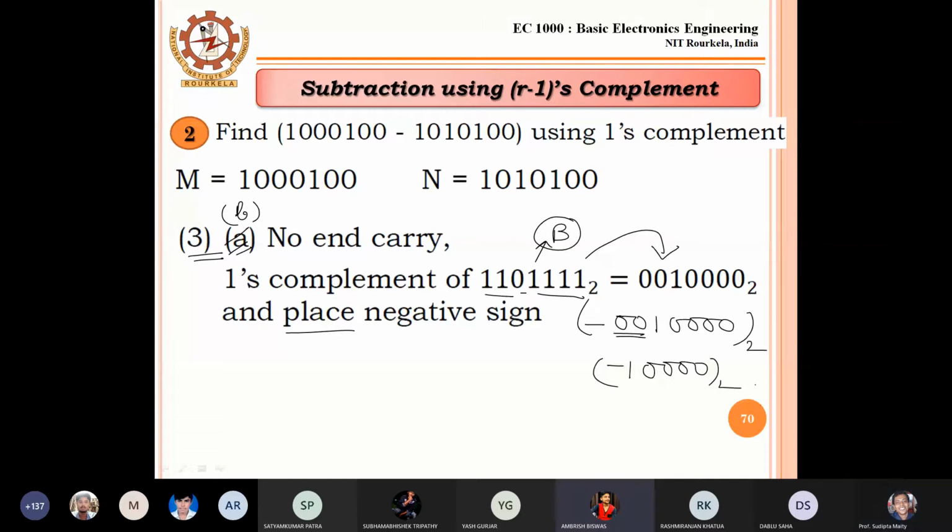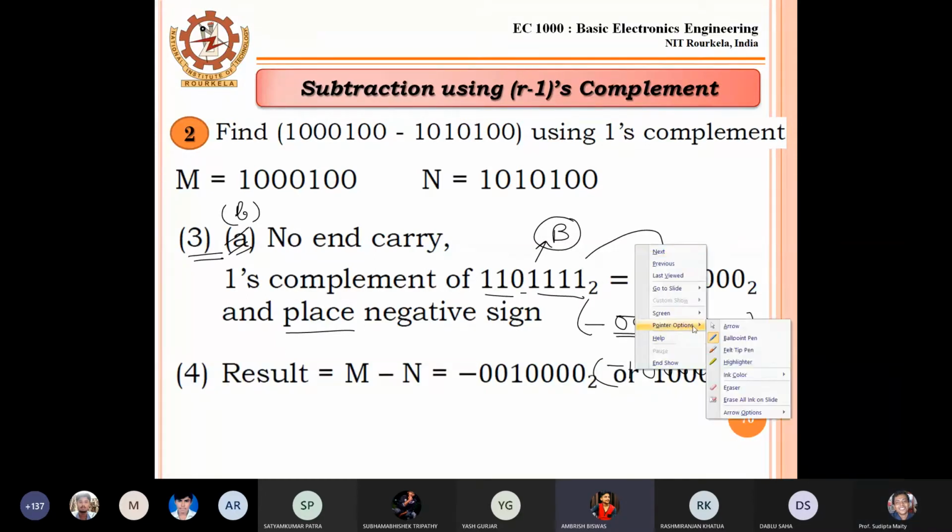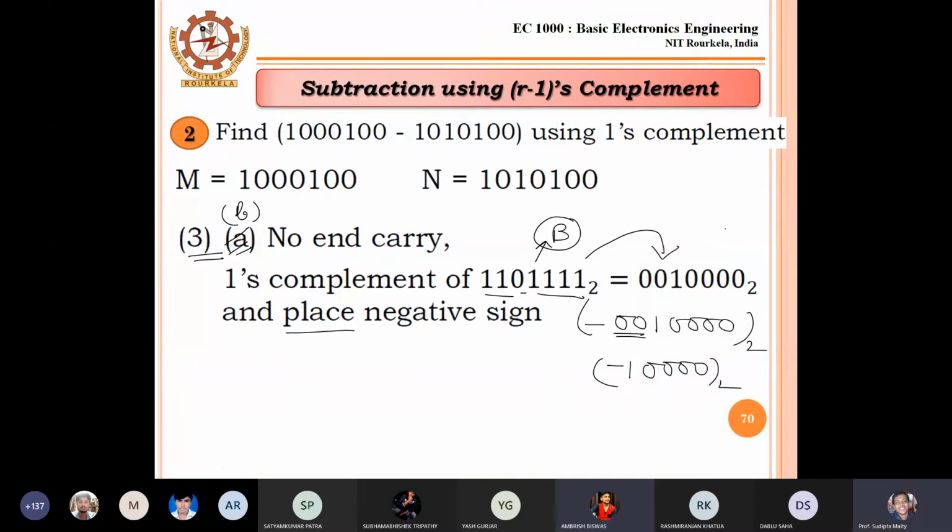Sir, can we write the complement in this way, the way you have written here, or do we have to go through the whole process? In this problem we have to find two ones complements. Yes.